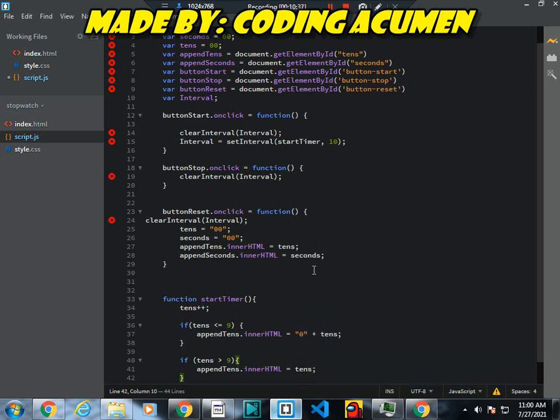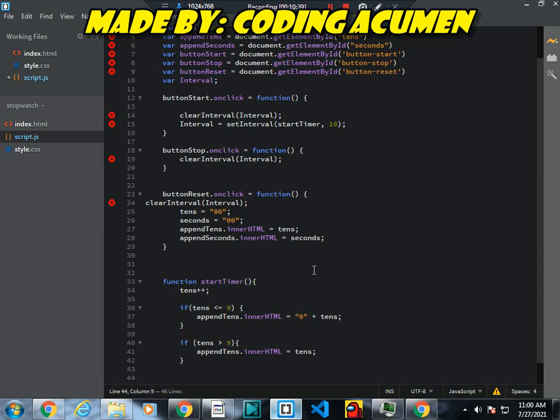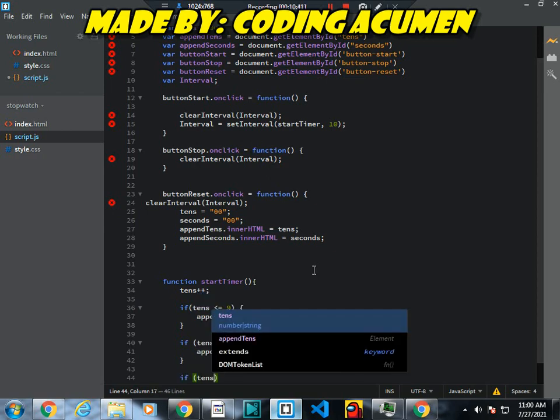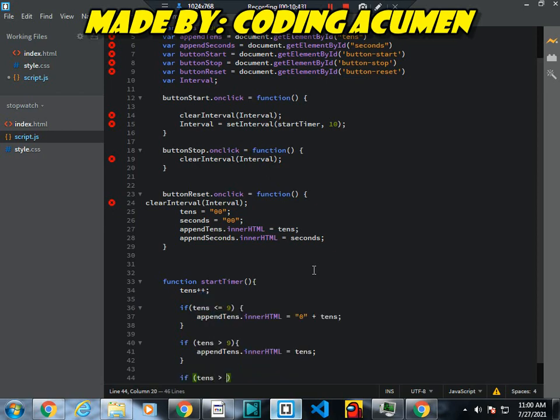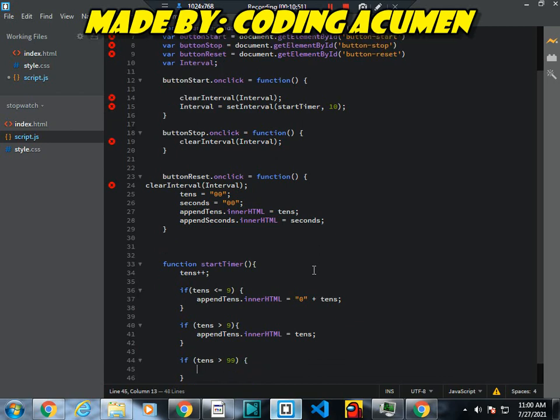After this I will give one line of space again, and here I will write if tens greater than 99, and after this I will give this curly bracket, and here I will write console dot log, and in bracket I will write seconds.